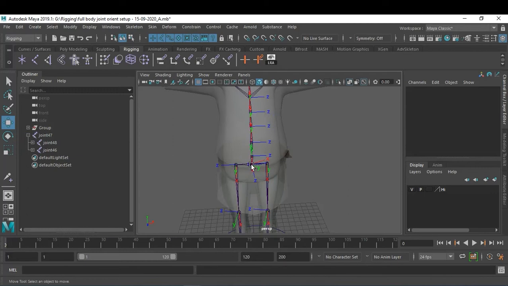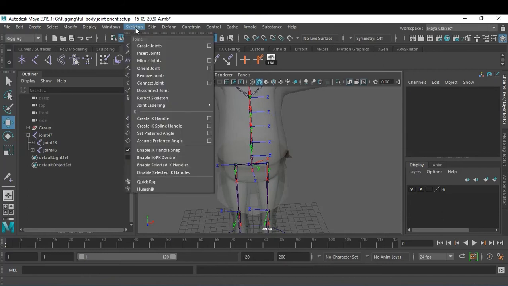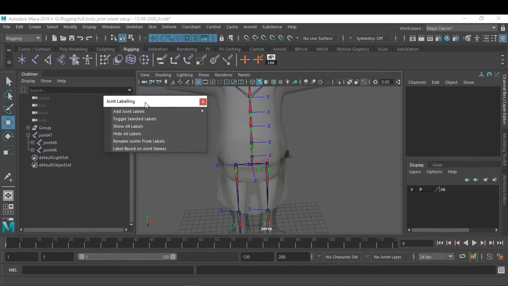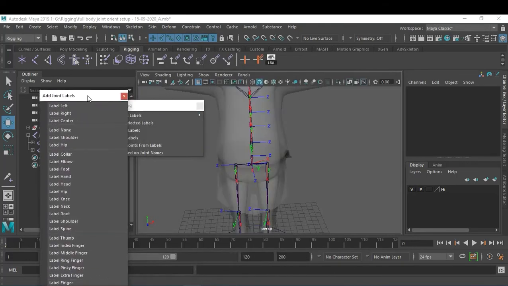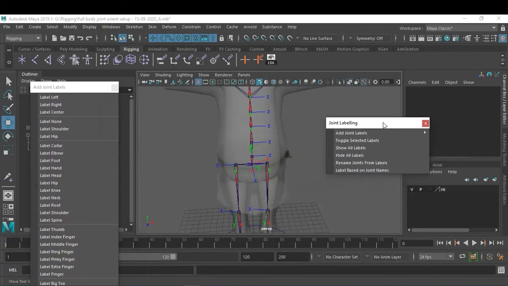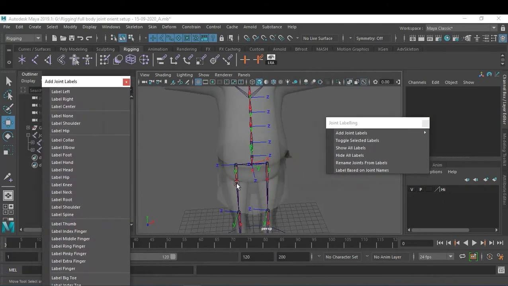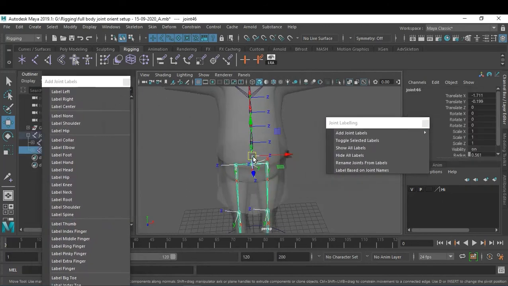For that, just go to Skeleton. There is one thing called Joint Labeling. Just click on this particular icon over here, activate that, and inside this also activate this. Now just click on your root joint.